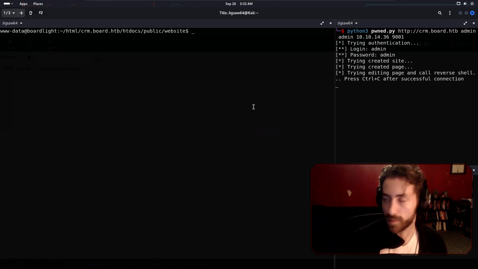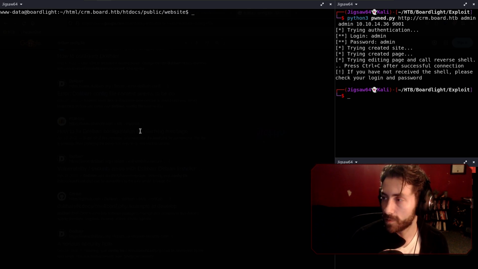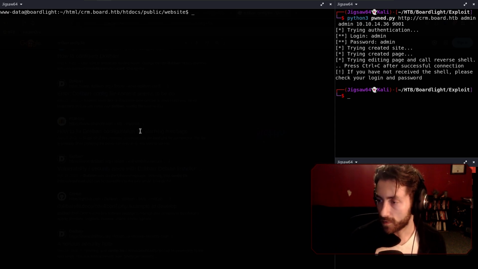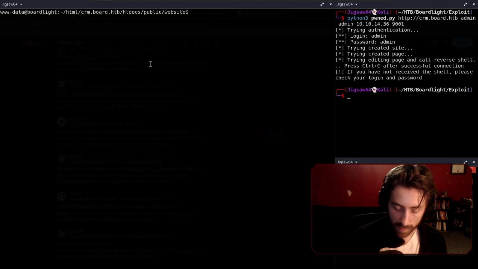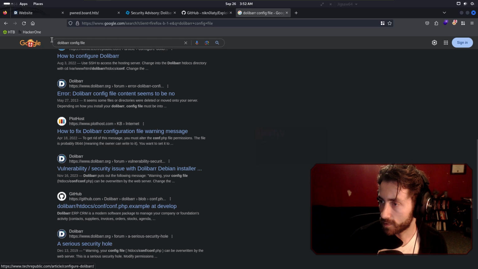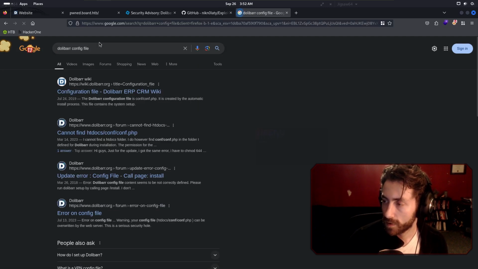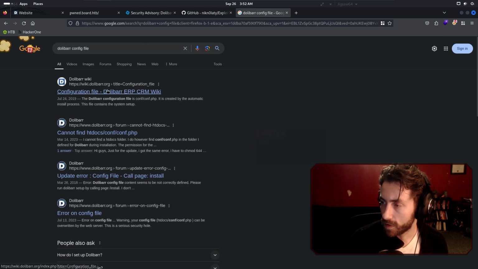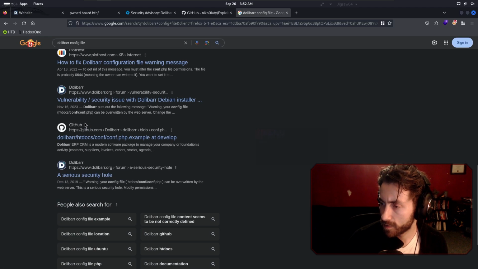So now let's go ahead and begin our enumeration. Since we're just www-data, I'm just going to take a look at the home folder, and the only user that shows up is Larissa. That is obviously going to be the user that we compromise in some way, shape, or form. Dolibarr obviously uses a database to store all of its information, right? So looking for the configuration file attached to the database should yield some results, and googling for the file path,